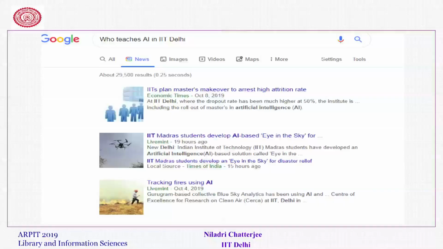I was searching through the Google search engine: who teaches AI in IIT Delhi. The top few results that it returned, I have given here the top 3, none of them has any relevance with respect to AI teaching in IIT Delhi, and of course, not who are the teachers of AI in IIT Delhi. So, I changed the query.